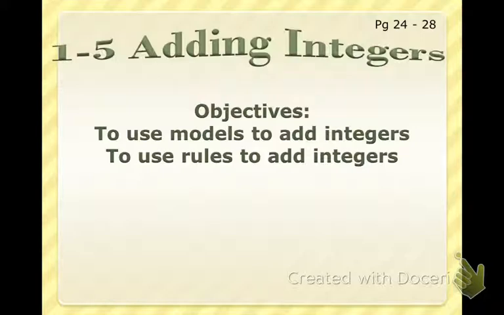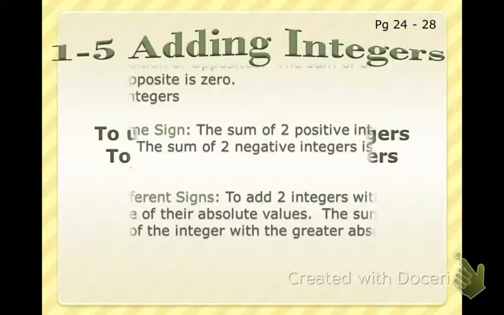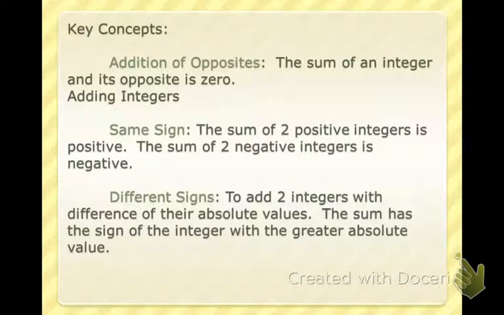So our objectives, we are not going to use the models. So no models. That goes away. But we are going to use the rules to add integers. So key concepts. Here are the rules that you need to know. Addition of opposites. So if one is a negative and one's a positive, the sum of the integers and its